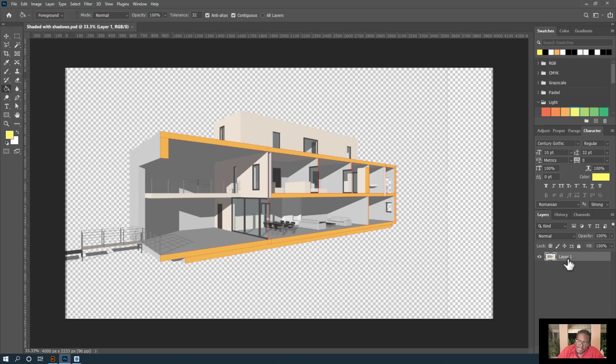So I'm going to name this layer. Let me call this layer shaded with shadows. And this shaded with shadows layer, I am going to duplicate it. And what I'll do, I'll put this in a folder and call it backup. And this is a good practice, because if you're going to mess with the layers, it's a good idea to create a backup copy